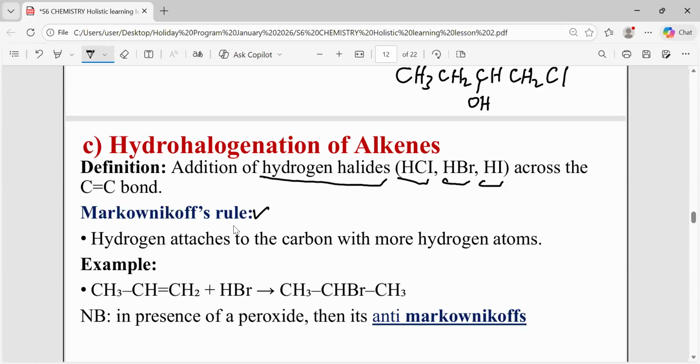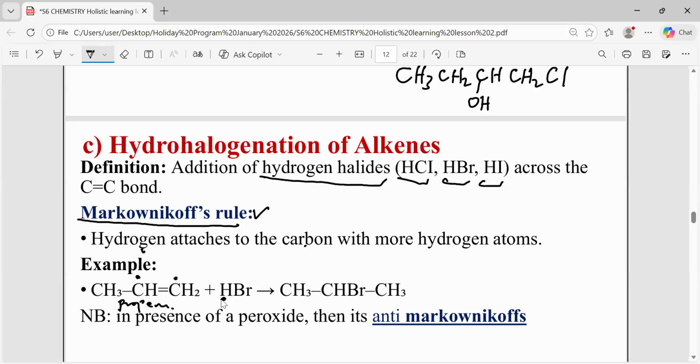What are we talking about when you say Markovnikov's rule? Markovnikov's rule says that the hydrogen attaches to the carbon with more hydrogen atoms. For example, if you look at this example here, it is a propene. This is propene. It has a double bond. We have this carbon atom and this carbon atom. We can see that